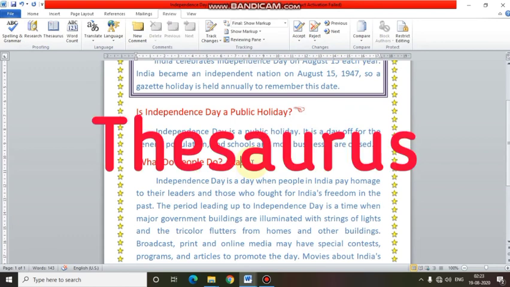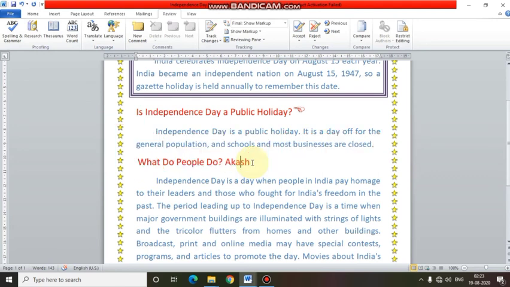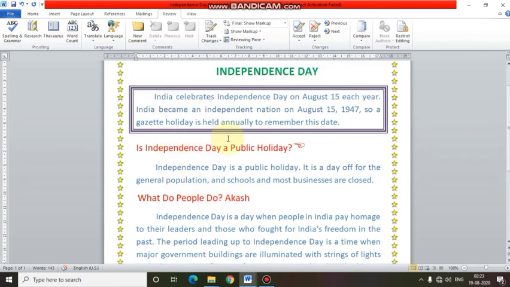Our next feature is using the thesaurus. Thesaurus is an option in the computer which helps us to find the synonyms and antonyms of a particular word. Synonym means a similar meaning of any word, and antonym means the opposite word. Let's search the synonym of this word, celebrates.